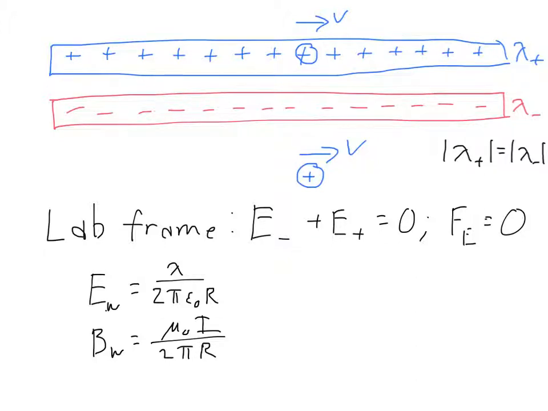So in only one of these wires do we actually have any sort of current, only in the upper wire here. So this wire is producing a magnetic field,